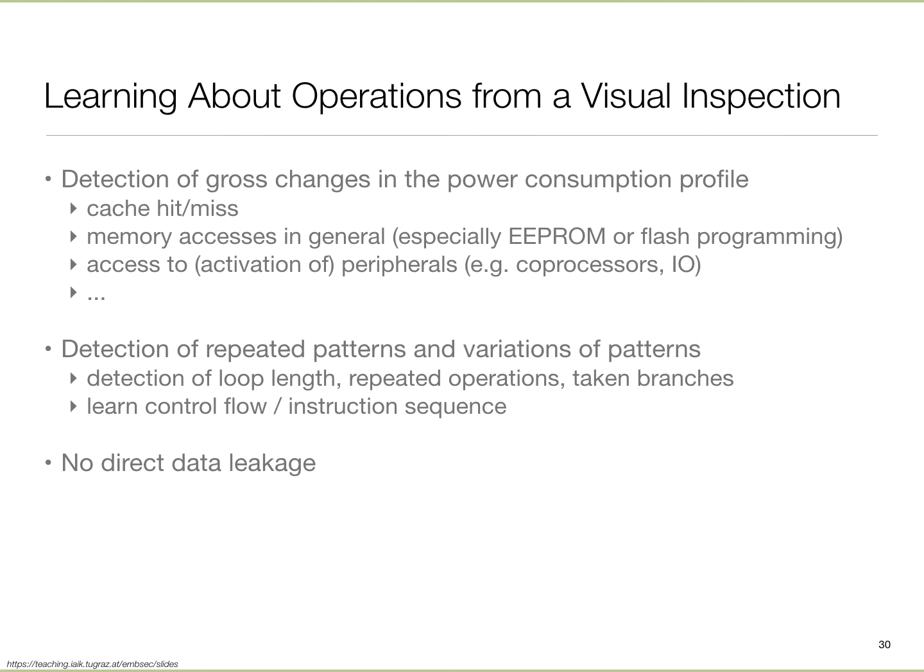Okay, so now by looking at these things, you can begin to get some sense. So for example, let's say it's a laptop, a higher end computer with caches and all. When the program is running, if it finds the data value in the cache versus if it has to go out, there will be a big difference in the power footprint. In one case it's going to the main memory, in another case it's just running off the cache. So you can begin to learn something about the value. You see those repetitions, so you can begin to see how many loops there are.